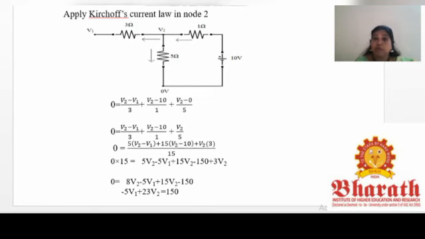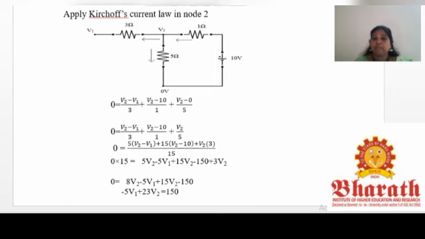We are applying KCL for node 2. So I am writing the nodal equation as V2 minus V1 divided by 3. Same way, it is Ohm's law, I is equal to V divided by R. When I say V, it is between two nodal voltages. Here this 3 ohm resistance is connected between node 2 and node 1, so I say it is V2 minus V1 divided by 3 plus,